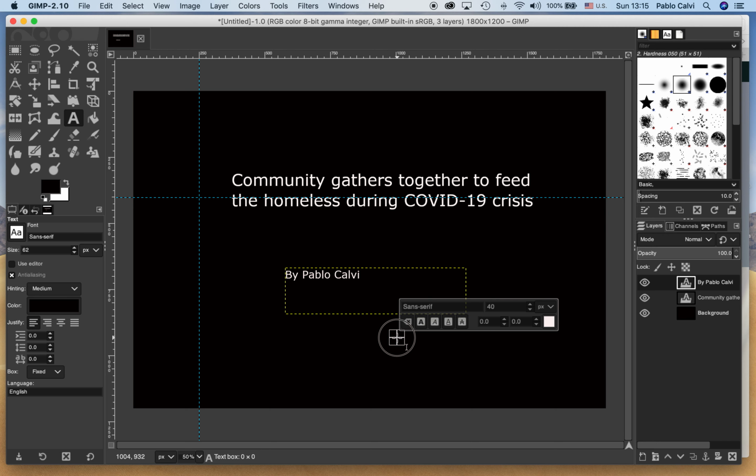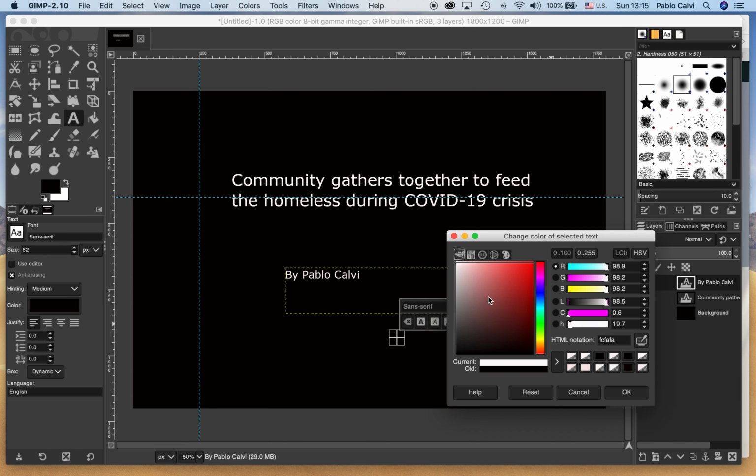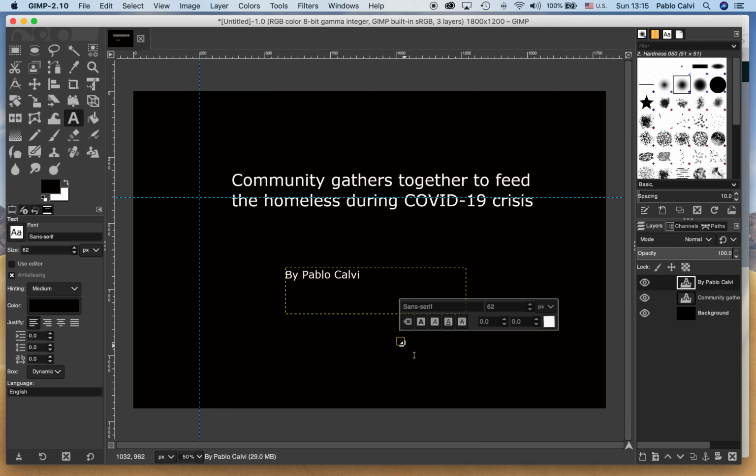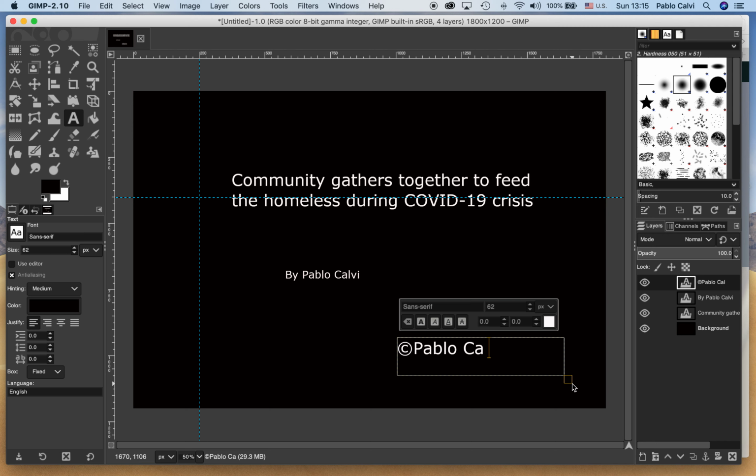And my third one is going to go here, same, white. And the copyright notice, which is, remember, Alt Option or Alt G, 2020. Okay, I'm going to reduce this